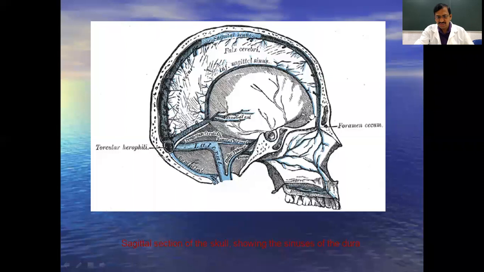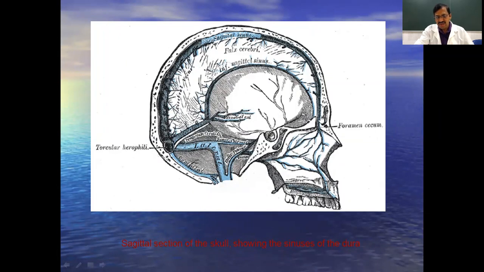Here the inferior sagittal sinus does not extend the whole length of the inferior border, but it occupies only the posterior two-thirds of the inferior border of the falx cerebri. This is the inferior sagittal sinus. And then you can see here, this is the posterior end of the falx cerebri, and it has a straight attachment with the tentorium cerebelli. Here is the site for the straight sinus. Because it is straight in course, we call it the straight sinus.